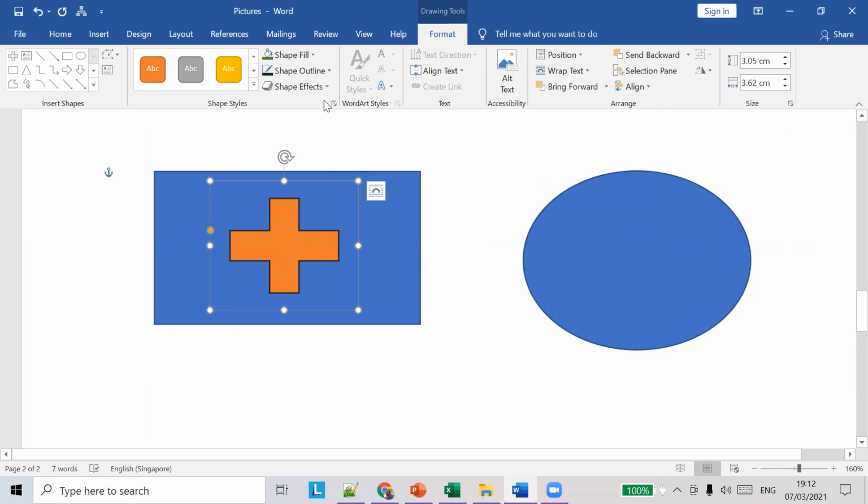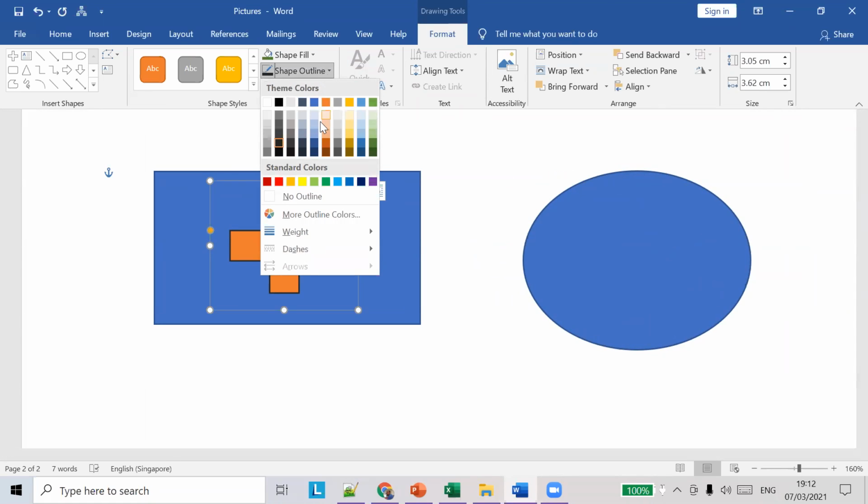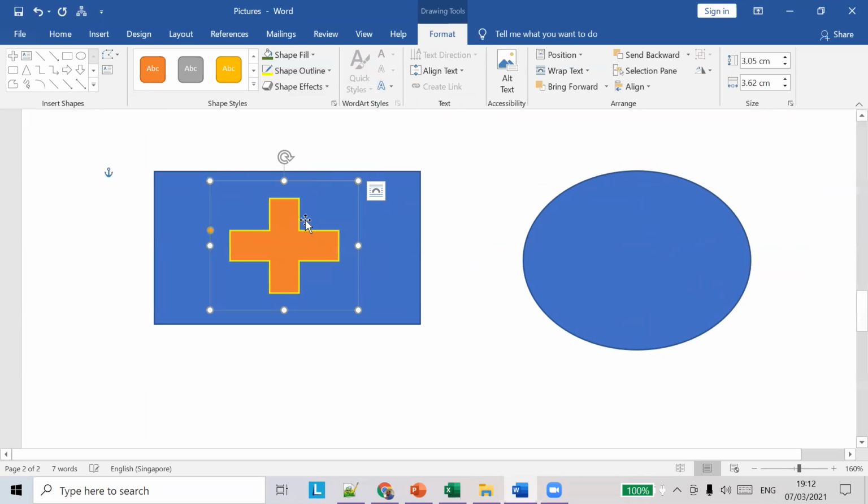So select this. If I change the outline, I can choose yellow. So now you understand what is outline, right? You can see the difference. So you can choose any color you want. Okay. So let me select yellow. So we chose yellow, and the outline of this image changes to yellow.